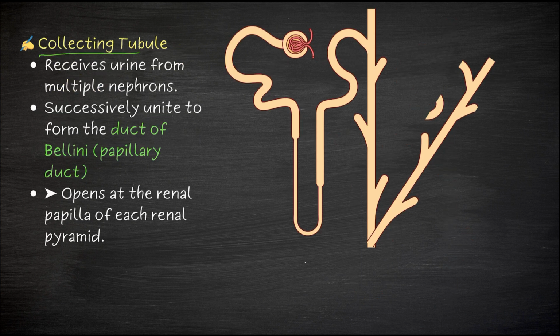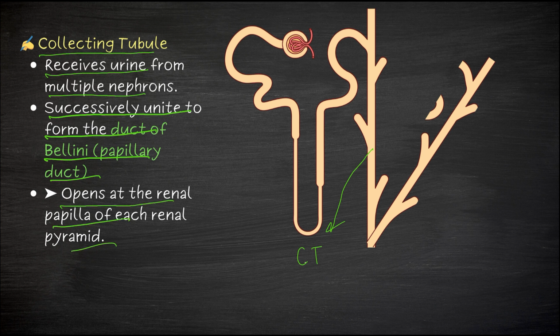The collecting tubule receives urine from the multiple nephrons. So this tube is the collecting tubule. The collecting tubules successively unite to form the duct of Bellini or papillary duct, which opens into the renal papillae of each renal pyramid. Actually, you can see here, very important concept. So this is the one